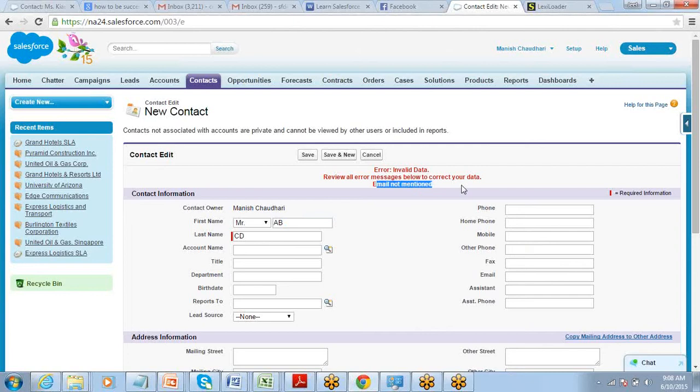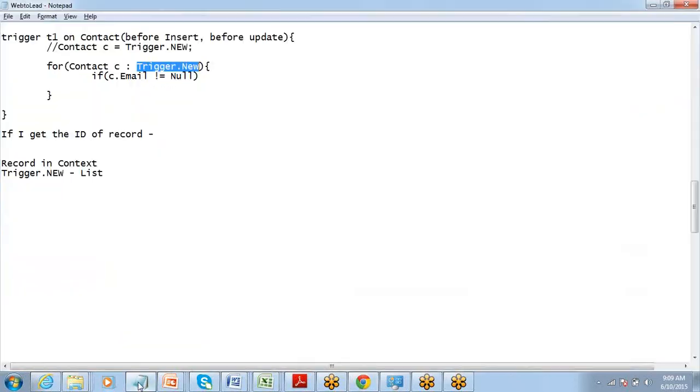So let's create a small trigger. I just want you to create a small trigger for, let's say, opportunity, and the logic should be if the opportunity amount is less than 10,000, then it should throw an error. Let's quickly do that. So just log in to your developer accounts and create a small trigger. I want if opportunity amount is less than 10,000, throw an error.